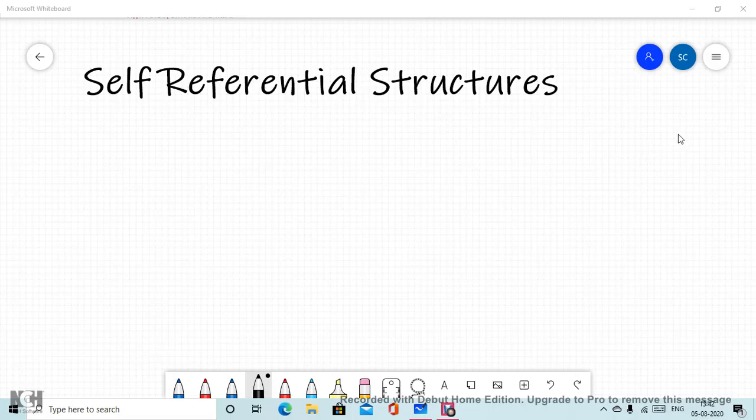Hello and welcome. In this lecture we are going to discuss self-referential structures. So we'll start with the definition part. So the basic definition is